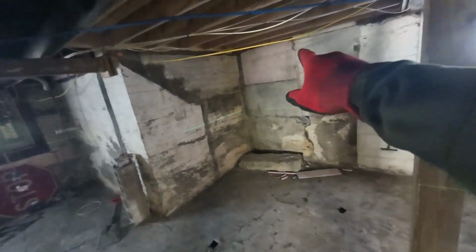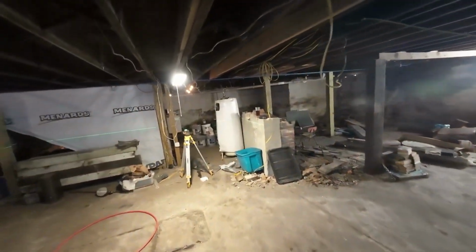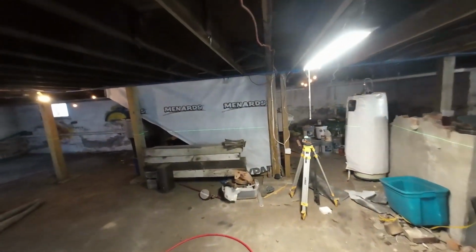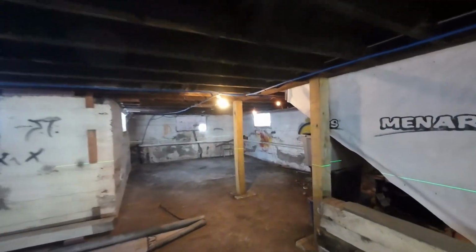I've got crawl spaces underneath two sections. That's blocked off with foam because it's 15 degrees, like I say, and that's just got a curtain hanging over it because I do have heat running down here to keep it just above freezing. It's not a pretty sight, but what we're going to do today is start doing some marking